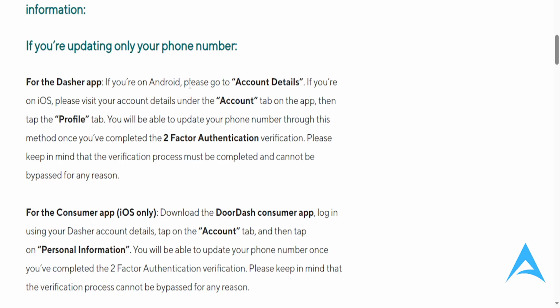If you're on your Android, go to account details. If you're on your iOS, go to your account details under the account tab on the app. And then go ahead and tap on the profile tab. And here you will be able to update your phone number through this method once you've basically completed the two-factor